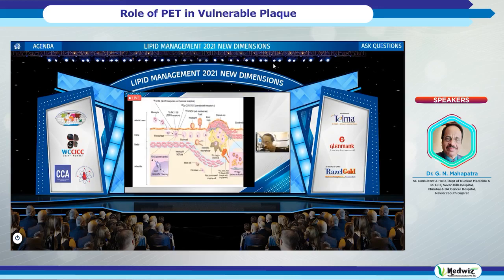So these are the molecular targets. You can see both things. One is the macrophages, and this is 18F FDG. Here the FDG glucose uptake occurs in the macrophage. Then gallium DOTATATE binds the somatostatin receptor. Then comes the 18F microcalcification tracer, that is sodium fluoride. And this is gallium NOTA and F18 galacto-RGD, which works with neoangiogenesis. And this is the fibrous cap. This is a schematic diagram of the PET molecules.